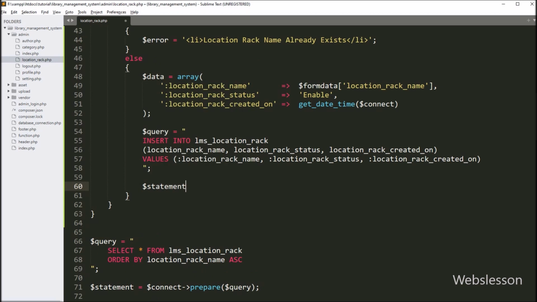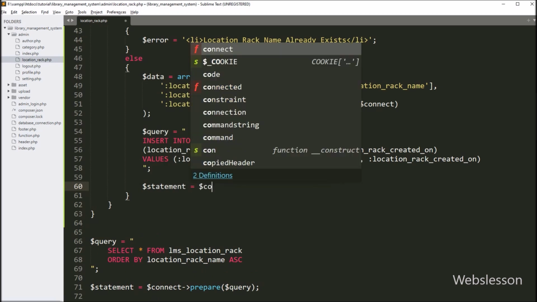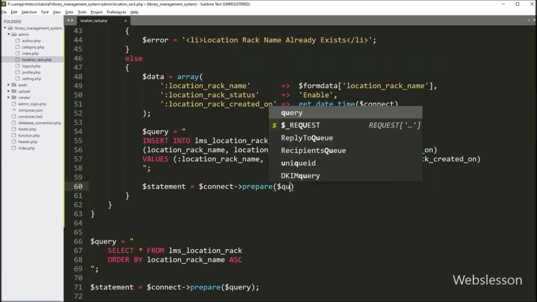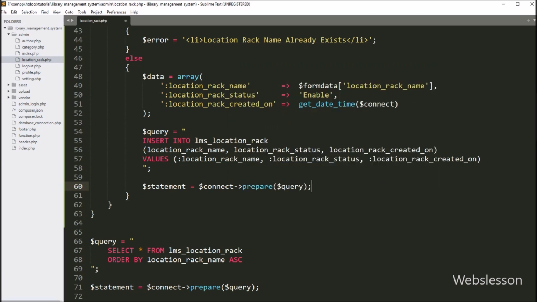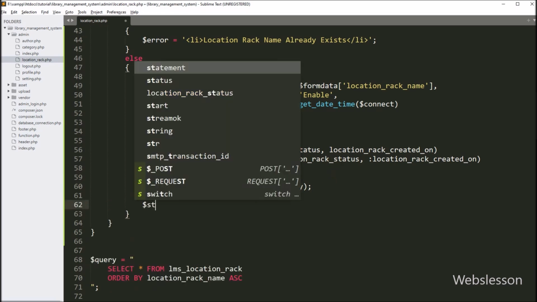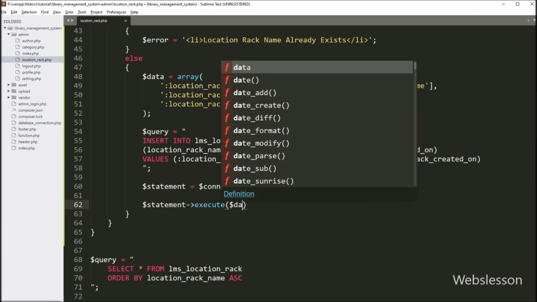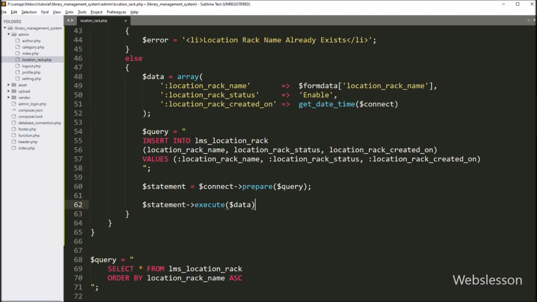Below this insert query, we have to write the $statement variable with the $connect variable and the prepare method, and under this method, we have to write the $query variable, so this method will prepare the query for execution. And to execute the above insert query, we have to write the $statement variable with the execute method, and under this, we have to write the $data variable, so it will insert the $data variable data into the location rack table.